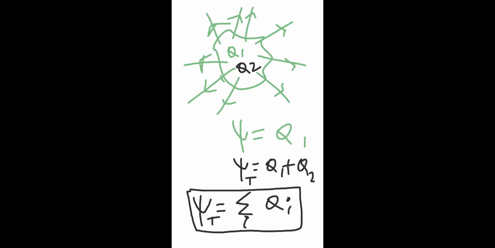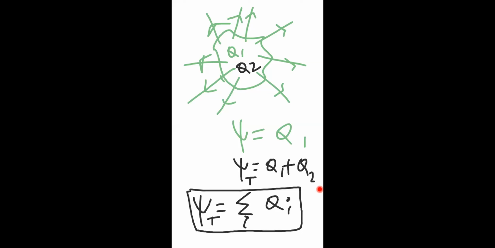This is called Gauss law. What is Gauss law saying? The total flux that is coming out of the surface. We are not discussing field strength or anything else. We are just concentrating on the imaginary surface. How many lines are coming outside? That's it. If you have an imaginary surface that encloses some charges, then the total flux that is coming outside the surface is equal to the total charge enclosed by that surface.